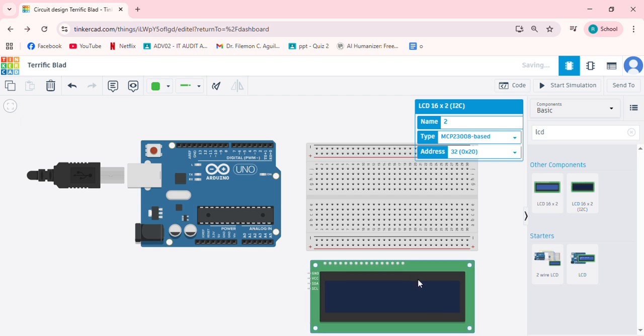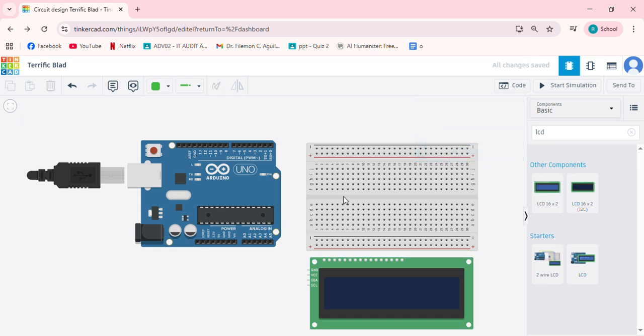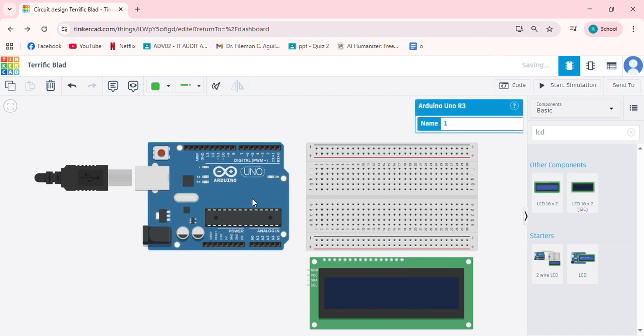We just need to click the PCF8574 base to set up our LCD. So, start na tayo sa mag-connect ng wires. The first thing that we need to connect is the 5V. So the 5V goes here.